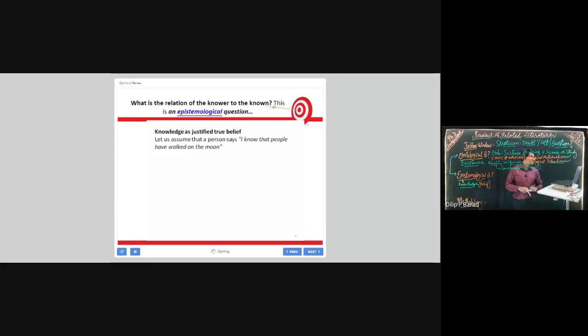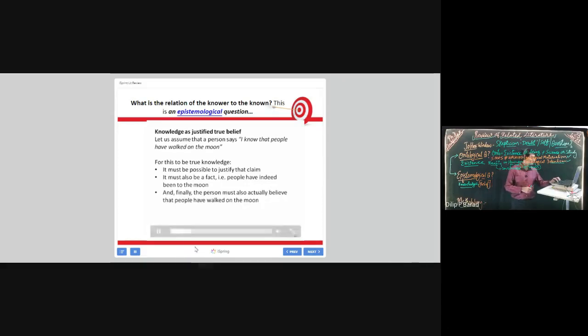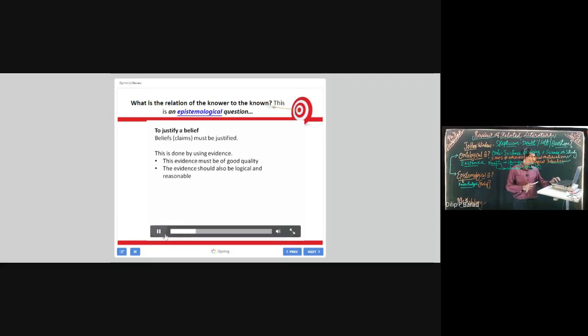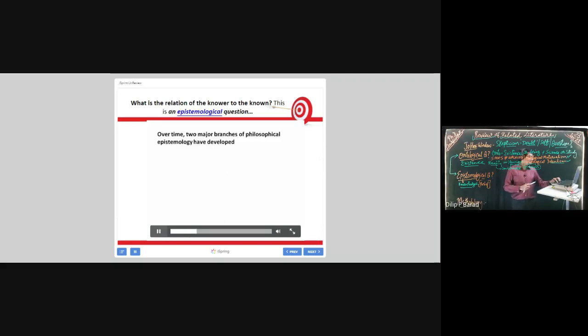Let's assume that a person says, I know that people have walked on the moon. For this to be true knowledge, it must be possible to justify that claim. It must also be a fact. And finally, the person must also actually believe that people have walked on the moon. So how do you justify a belief? Well, it's done by using evidence. This evidence must be of good quality, and it should also be a logical and reasonable piece of evidence. Over time,